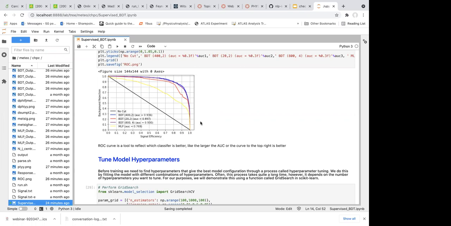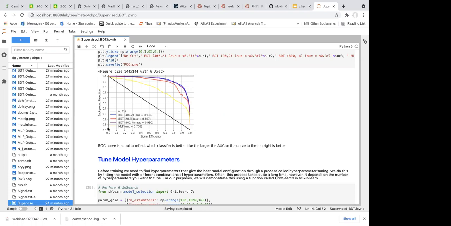Okay. So I just mentioned that the x-axis of the ROC curve is the signal efficiency varying from 0 to 1.0, depending on how much signal efficiency you label as signal. And the y-axis is the background rejection. That means what fraction of the background will be rejected, also labeled as background.